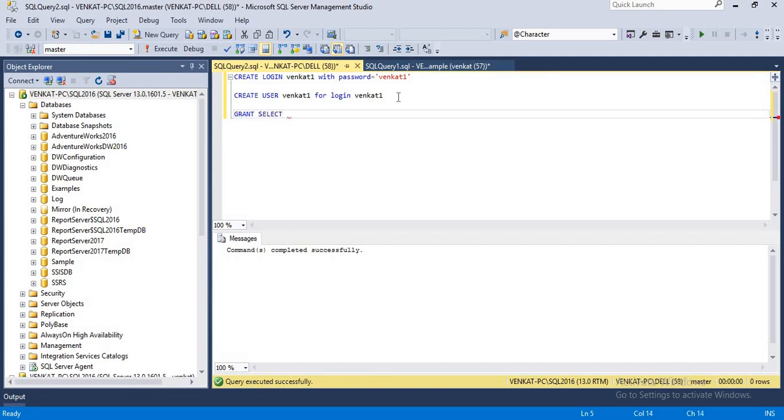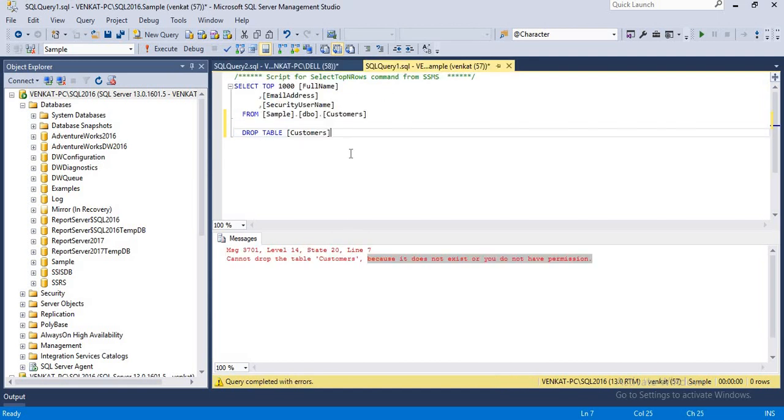On which database do you want? Let's take the same way, use the database. I'm creating this with my admin privilege. So grant select on, what table you want, the schema dot, whatever schema you have, that is dbo dot. What table did we give earlier? Customers.